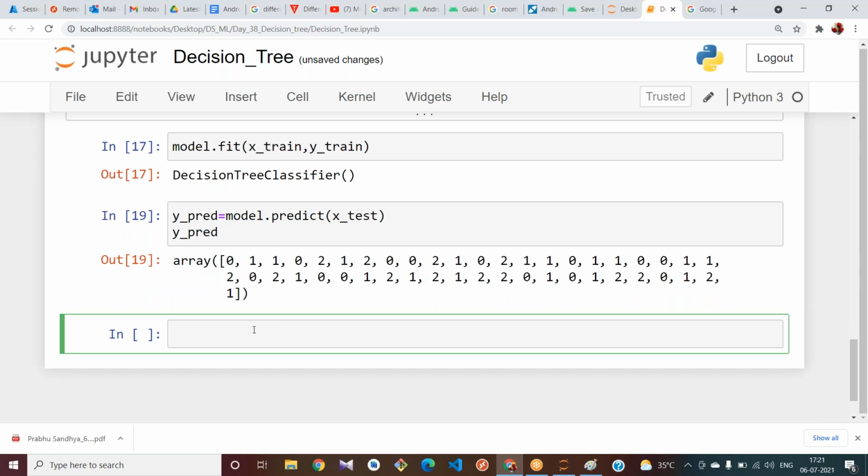Now let us see the metrics. What are the metrics here? From sklearn.metrics import accuracy_score and confusion_matrix, since our data set is balanced.